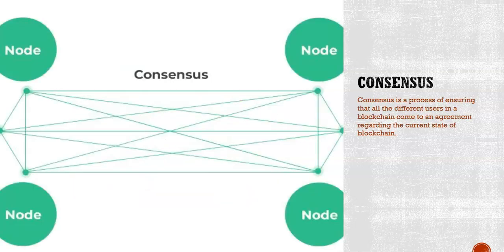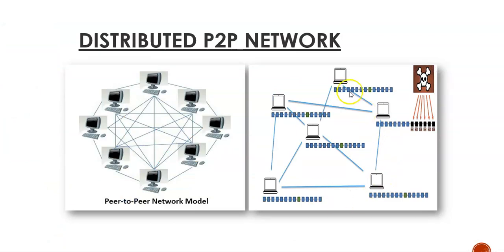What is consensus? Consensus is the next word that we could see in the definition. Consensus is a process in which each and every node will agree on some conditions or some state. So let us assume this previous state. Now, even if the hacker hacks one set of blocks, all the other nodes will come to a consensus, or an agreement, whether to take that copy or not.